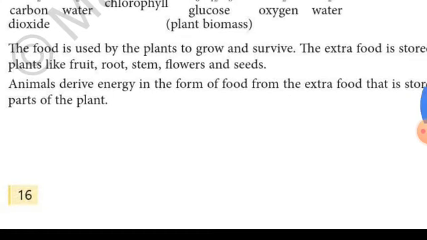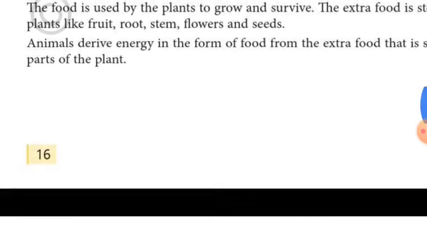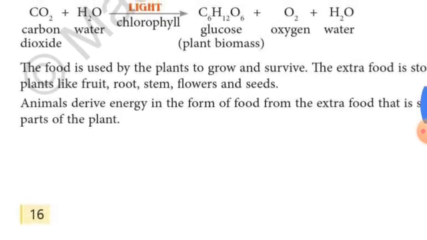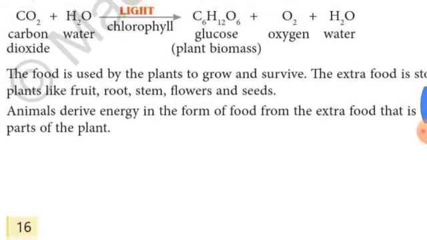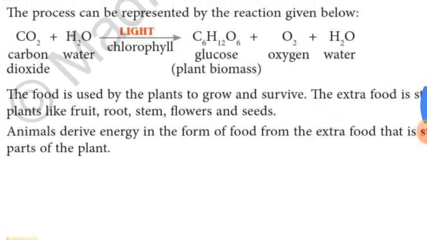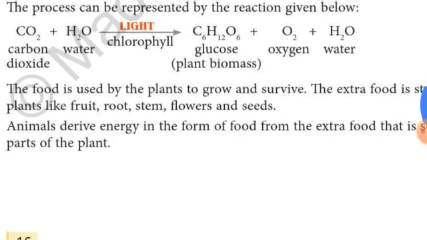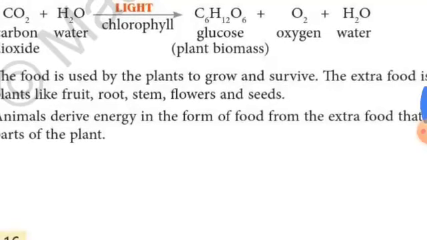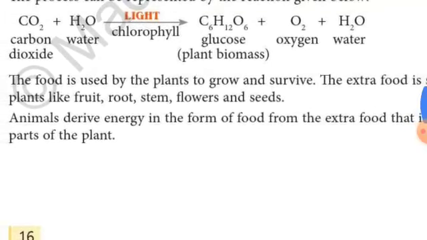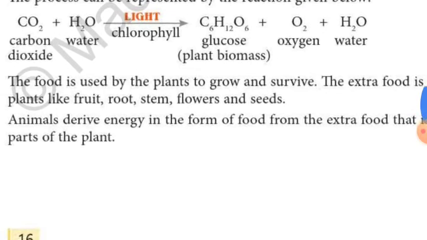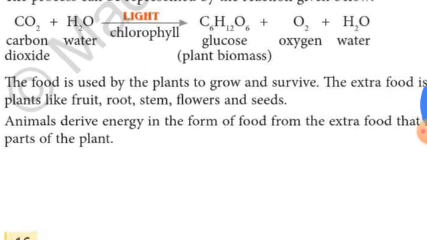Next, plants also make protein as food. That means plants provide us protein. Proteins contain the element nitrogen. Plants produce protein in the form of pulses, and also rajma, chana, etc. And plants also make vitamins as food. Vitamins are contained in vegetables, fruits, and cereals made by plants. So these are the necessary foods which are stored by the plant and which we human beings as well as animals use.